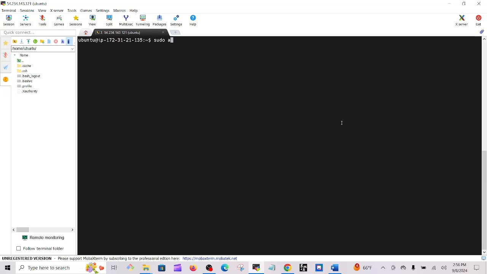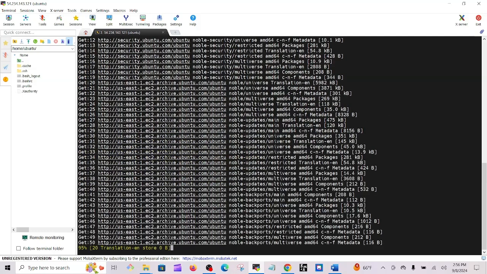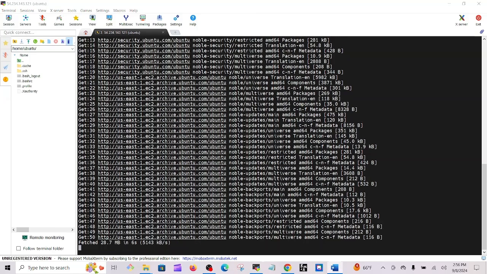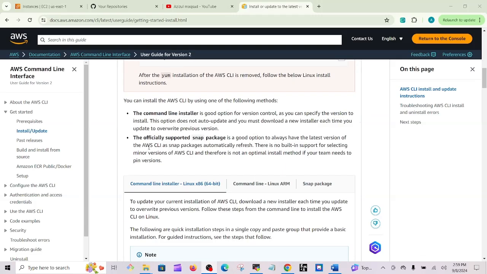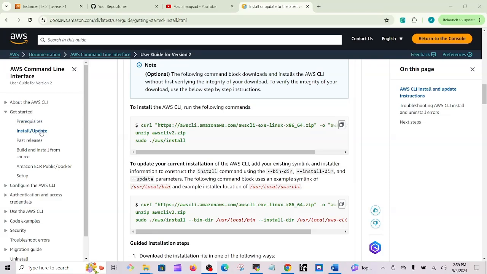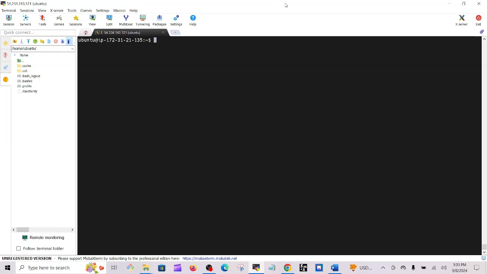So sudo apt update should be updated first. First of all, I have to download the AWS CLI, apt install. So from here, for Linux, for Ubuntu, I'm taking this one. Now let's